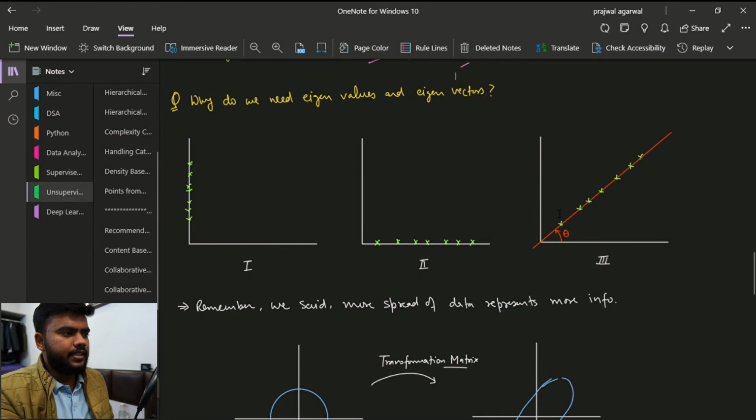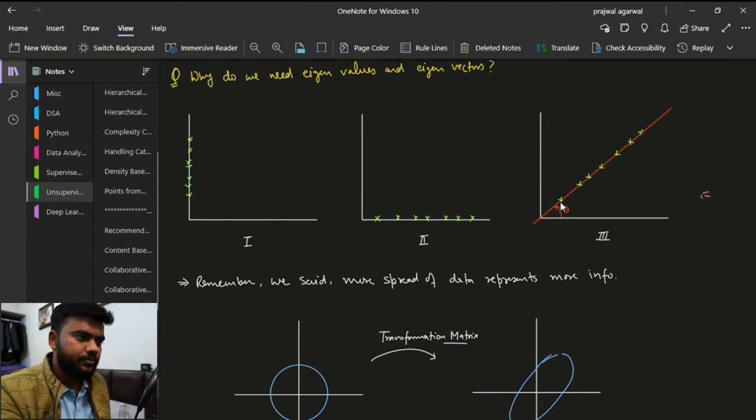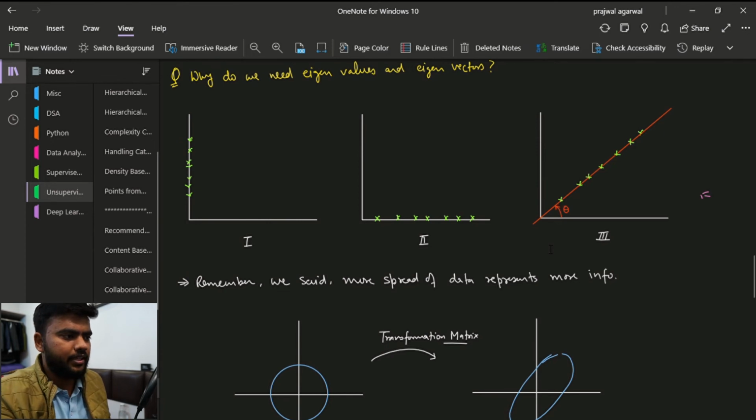The next thing that we see is why do we need eigenvalues and eigenvectors? Till now, in principal component analysis, we studied transformation, eigenvalues, eigenvectors, variance, covariance. We are discovering individual parts, and in the next video we will combine them to build the principal component analysis implementation video. Okay, so in the previous video, if you remember, these were the three cases. These were the three principal components that we had.